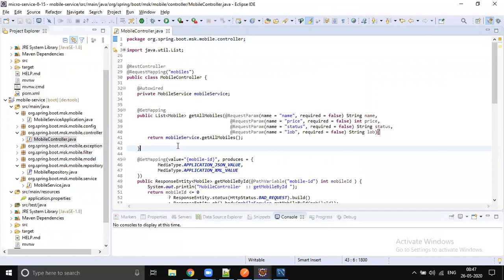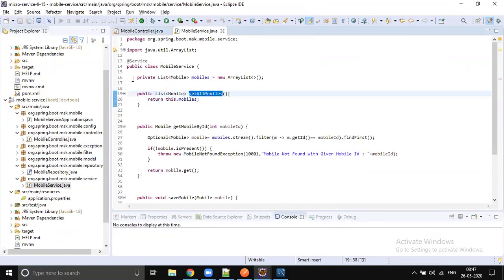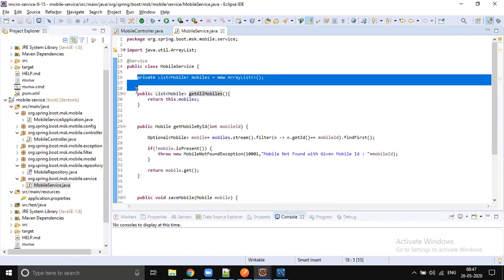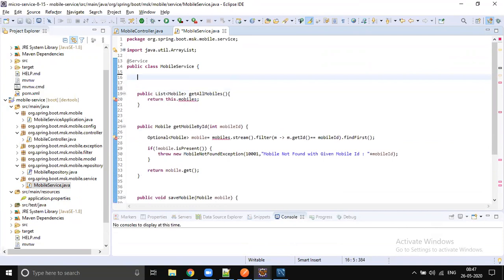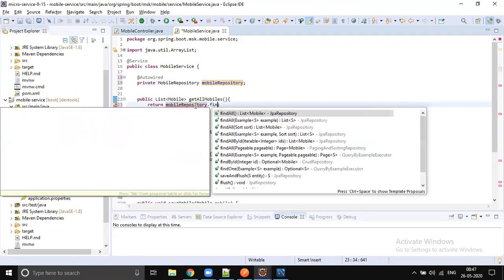let's do the changes in our service class. So instead of playing with this list mobile, let's do the repository integrations, right? So let's do Autowired private MobileRepository. When you would like to get all mobiles, just call mobileRepository.findAll method.